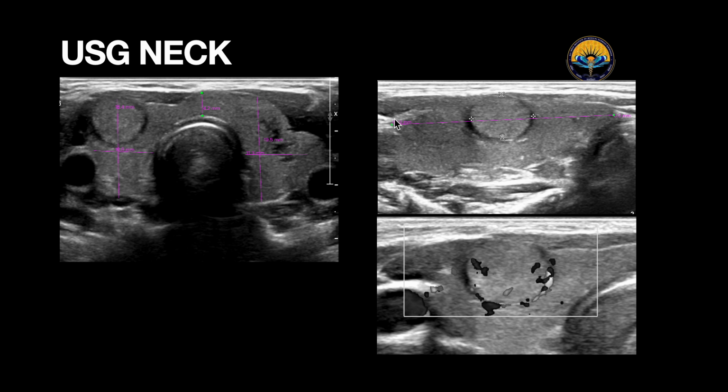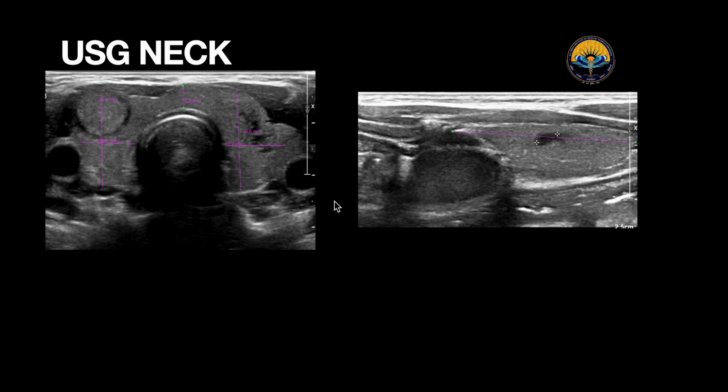This is the longitudinal view of the right lobe of the thyroid. We can see the lesion again. It measured 10 by 10 mm, and on color Doppler there was some vasculature within the lesion and also surrounding it, at the periphery. This was the left lobe. Now we can see the left lobe in the longitudinal view, and again the small cystic areas, which are benign colloid nodules, so they are not very important.